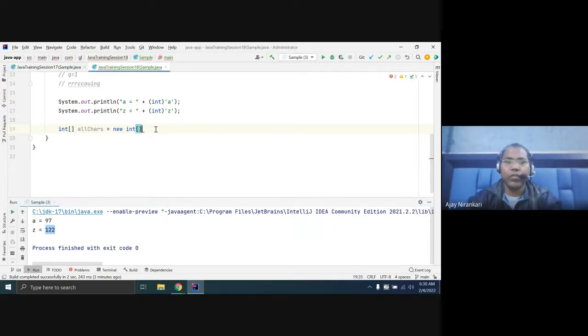That means your length should be 123. Is it clear why we are getting 123? That means you are creating one array that will start from 0 position to 122 index.